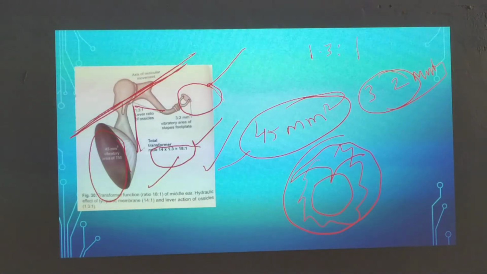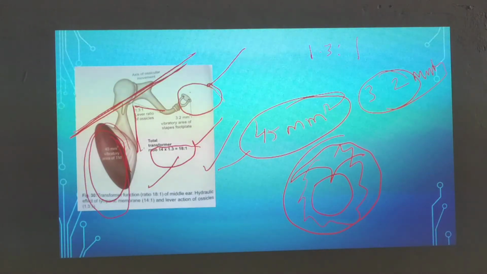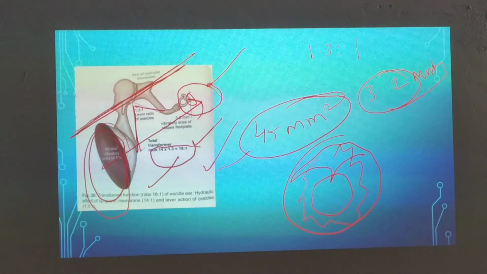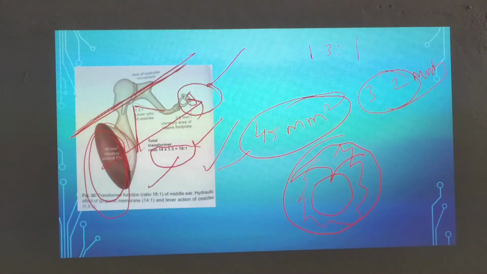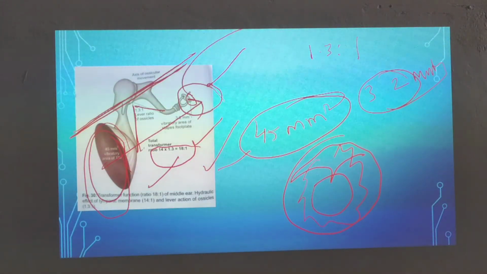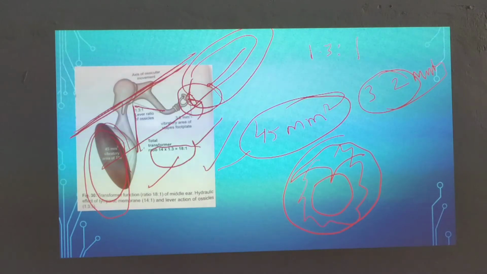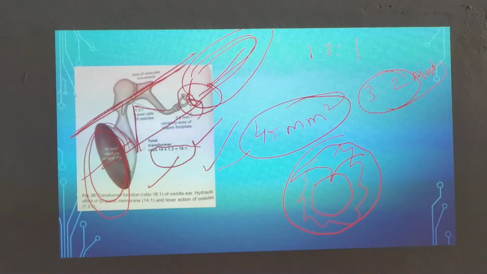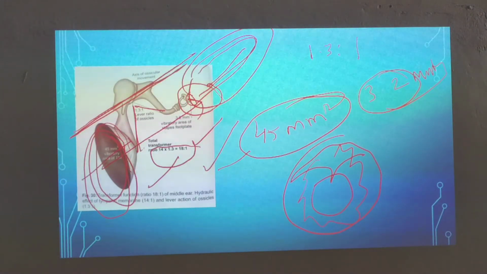It is something like the bigger size vibrating and the smaller size vibrating, so that whatever energy is lost is compensated. Normally the person who is inside the water cannot hear properly because of the impedance offered by the water. In the same way, the water inside the cochlea cannot be compressed that easily. The compressibility of water is very less and air can be compressed very easily. So that is why nature has provided us with this transformer ratio, a mechanism of the ossicles.